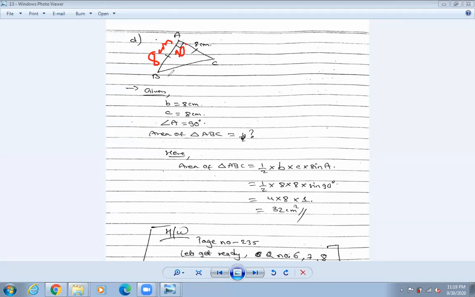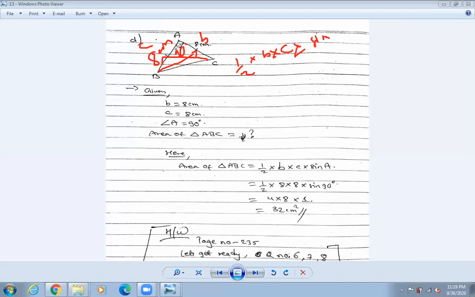Others you can write down like this also. The opposite of capital B is called what? Opposite of capital B is called small b. Opposite of capital C is called what? Small c. Okay. So A is there. So what is the formula? Half into what are the two sides? One is B, next one is C into sine